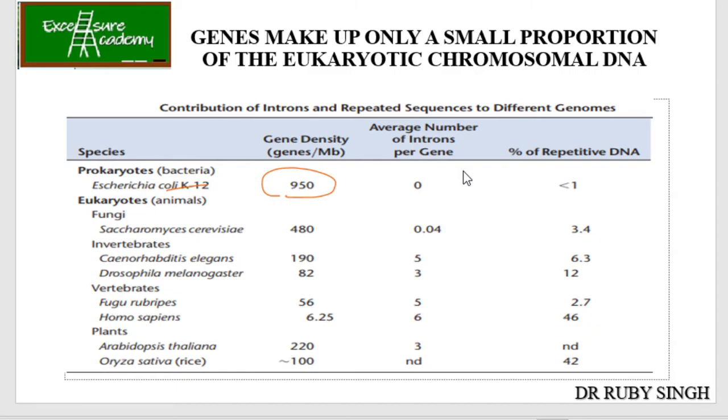They don't have any introns. They don't have the junk DNA, what we usually call, which is present in huge amount in the humans. So the percentage of repetitive DNA is less than 1. So whatever they have, it's all functional. Okay? Now, whereas in the case of eukaryotes, you will see